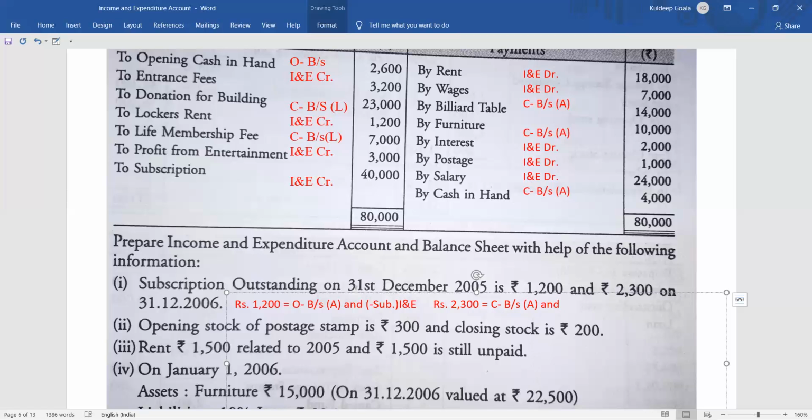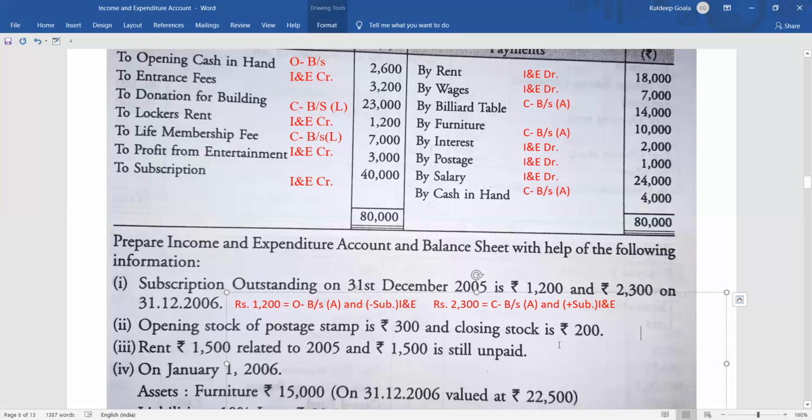And again, it will be added up with subscription. Okay, why will it be added up with the subscription? Because this is this year's outstanding. So this will be added up with the subscription in the income and expenditure account, right? Clear? It will be added up with the income and expenditure account. Clear? Now coming to the next one, that is